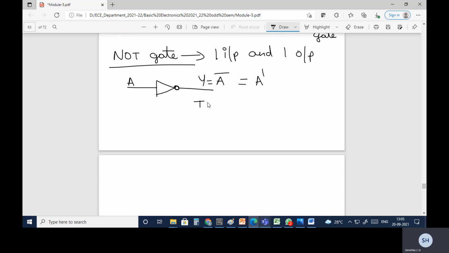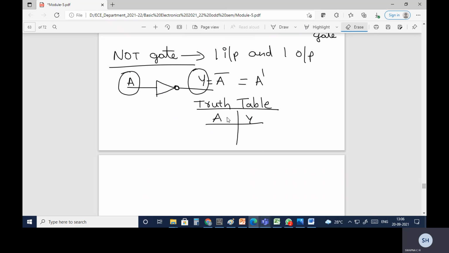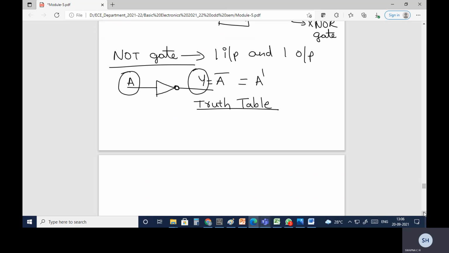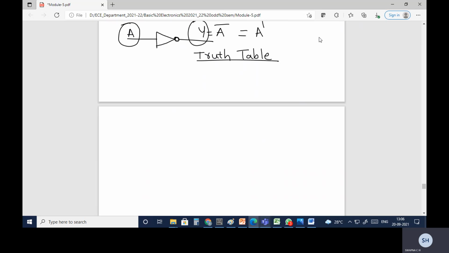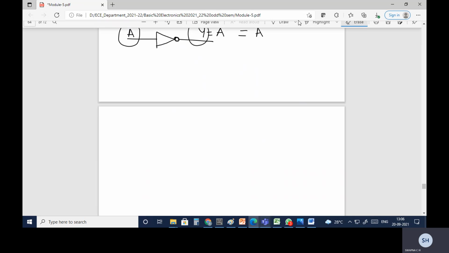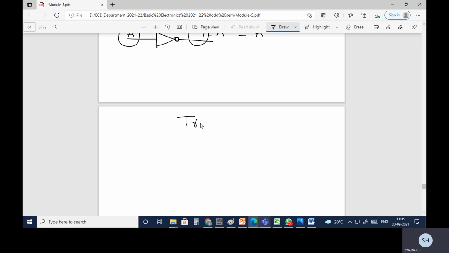Coming to the truth table. The use of the truth table is that it gives the relationship between input and output. The input variable is A and the output variable is Y. Truth table, let me write it here.